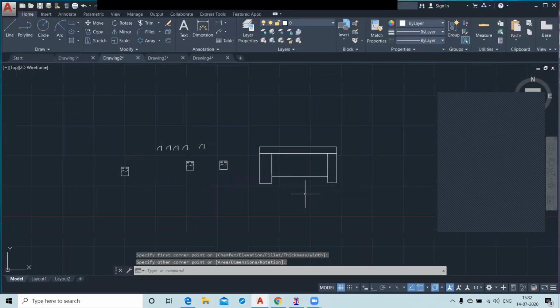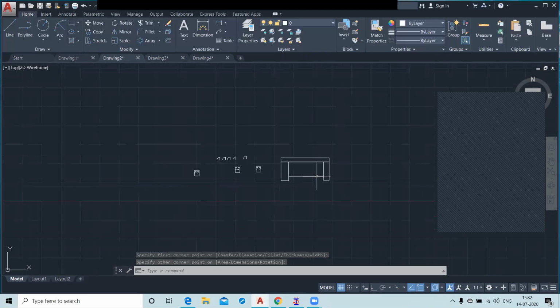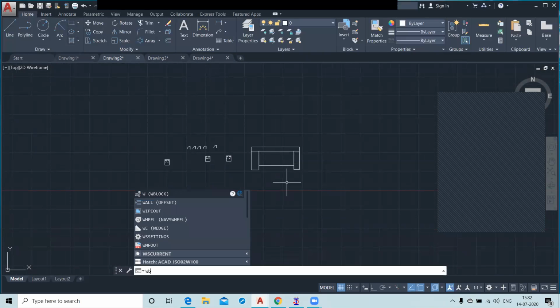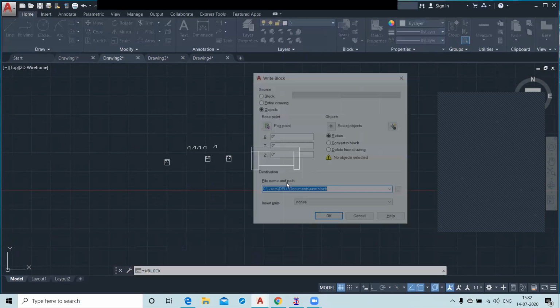Does it look like a sofa or not? Yes, sir. Okay. You just type WB and enter.